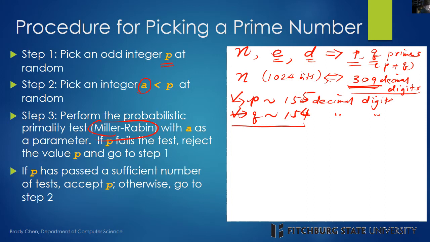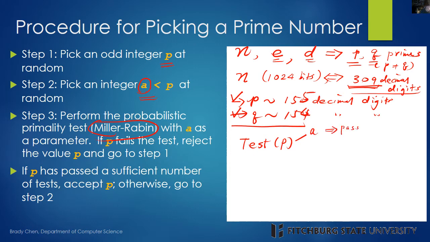Test whether p is a composite, or if we pass the test, that means p is probably a prime number, right? So we come to a conclusion that when using Miller-Rabin, you perform the test for p with different random numbers a, right? If we choose an a and we pass the test,